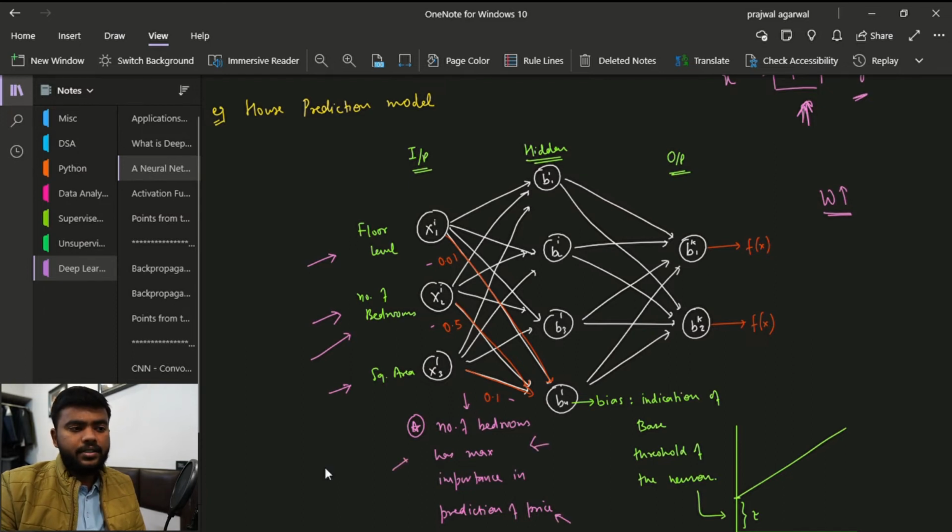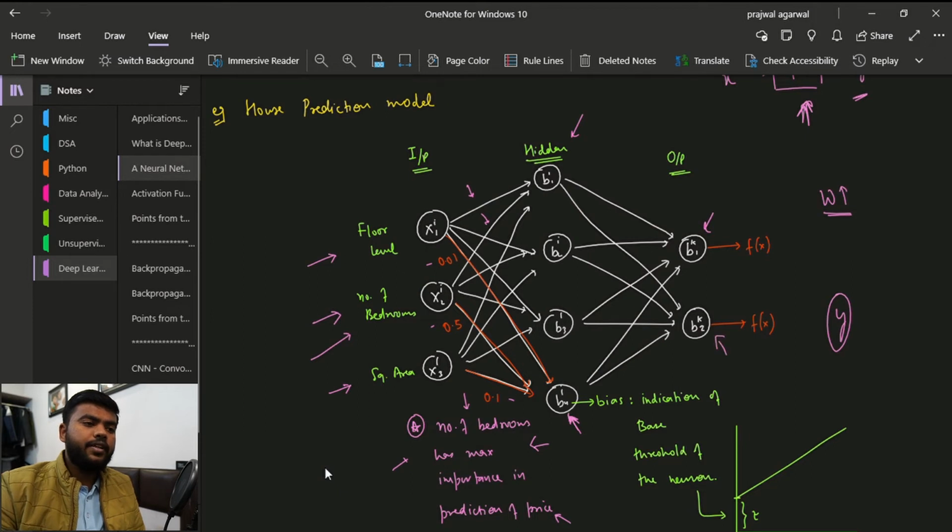This is, by the way, just an example; I have taken this neuron only. There will be different weights for all the different connections. Every connection has a different weight. No two connections, I mean they can have the same weight, but it is not necessary that they will have the same weight. So the data comes to the hidden layer for some processing from the input layer, and then after the processing is done, some function is applied, then the processed data goes out to all the output neurons that we have.